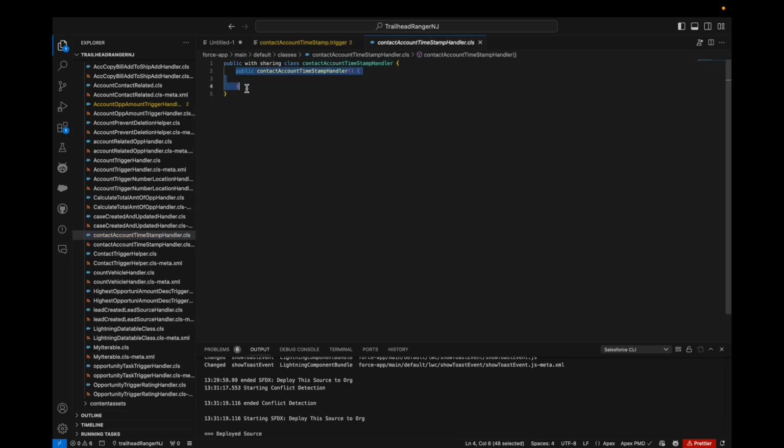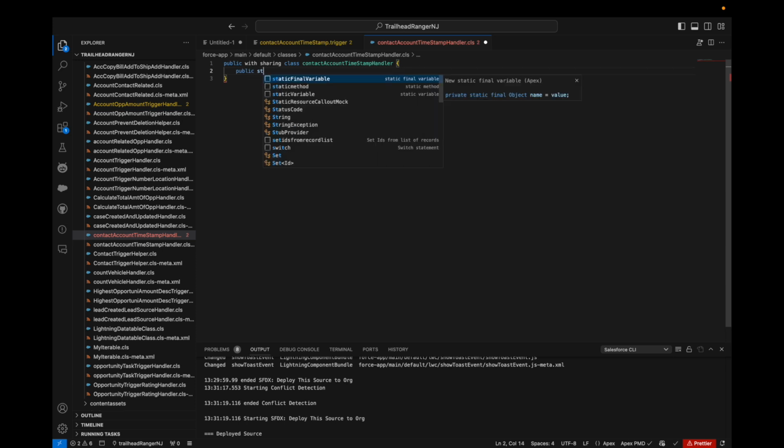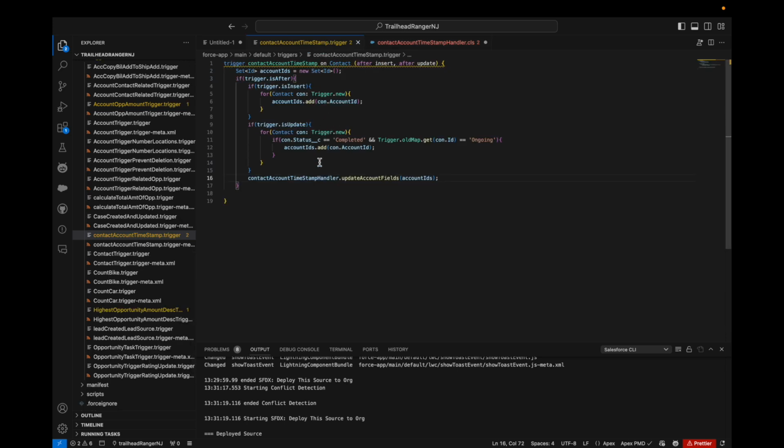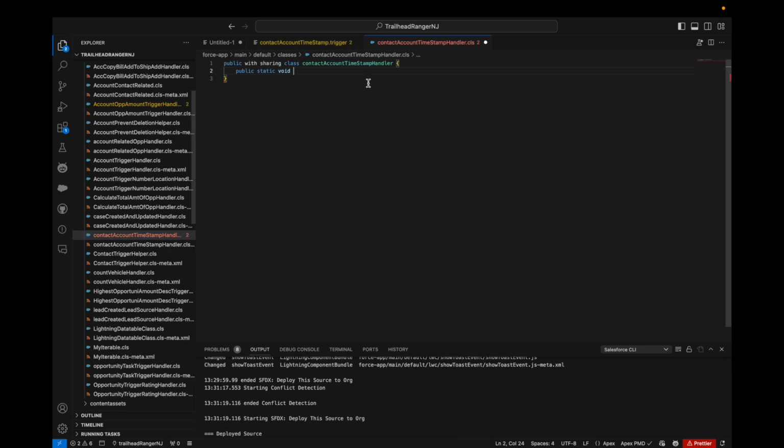Now here we will have our method, that is public static void, and this method should receive a set of ID which is account IDs. You can give any name here, but we'll be passing this. So after this we have received this, what we need to do, we need to search for the related